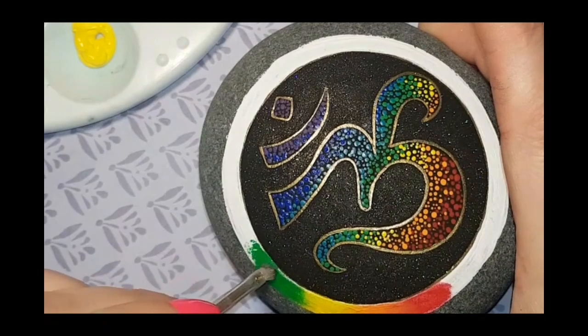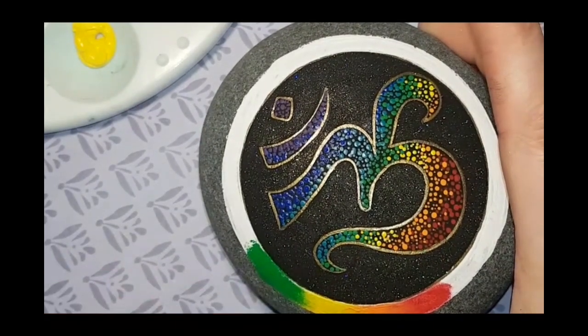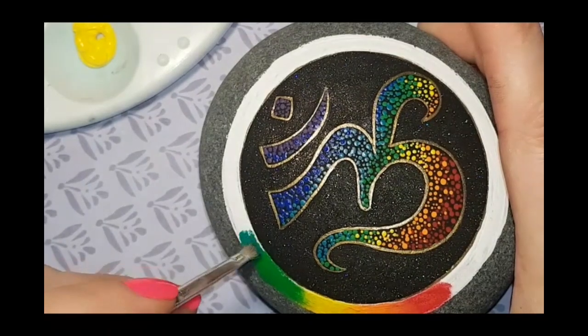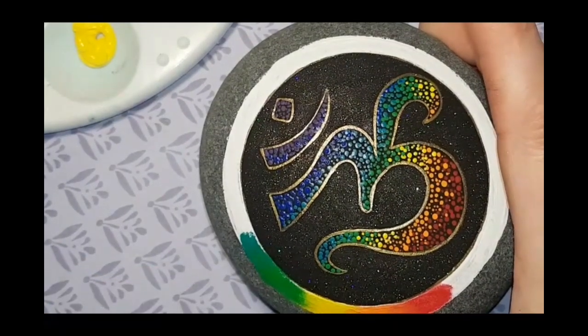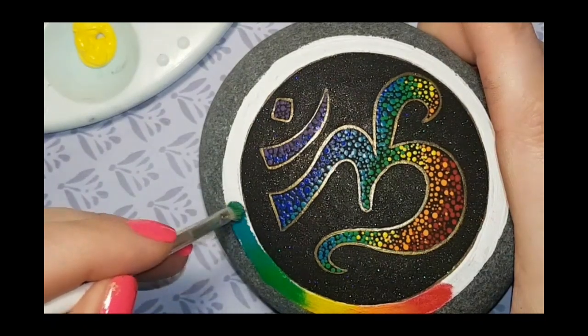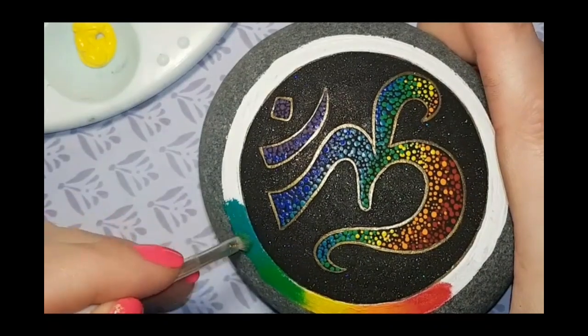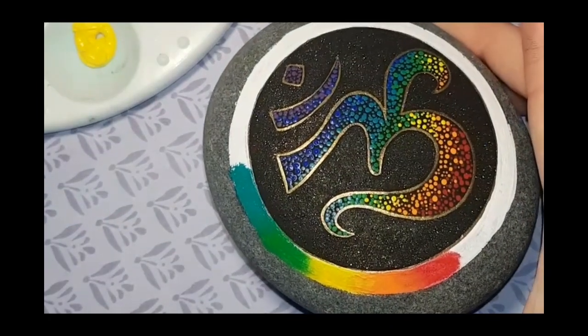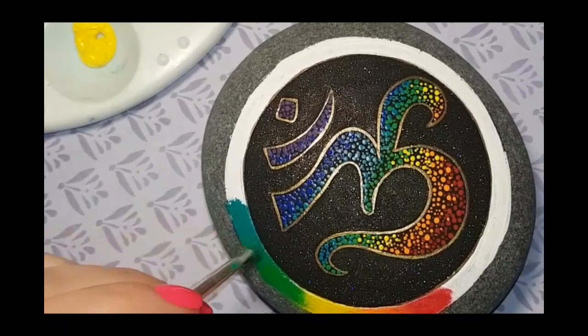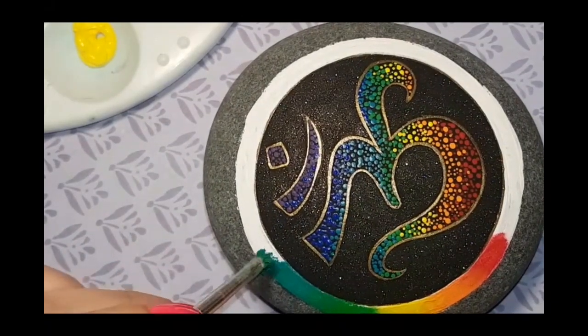It does take a long time. Some people ask, how long does it take you to make these rocks? It takes me a week sometimes to make one rock, depending on how many rocks I'm working on. If I'm trying to stock up my shop, I'm working like a machine. I'm not sleeping enough. If I'm preparing for an art show, which I am right now, along with trying to keep my shop stocked,